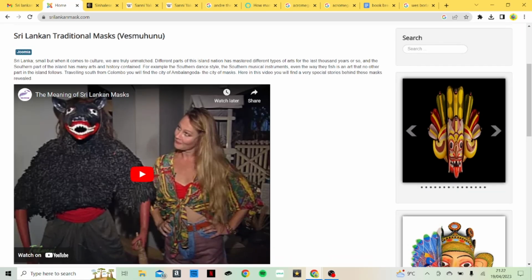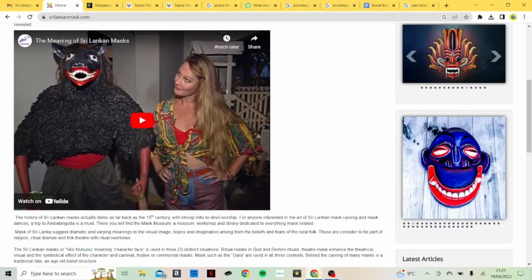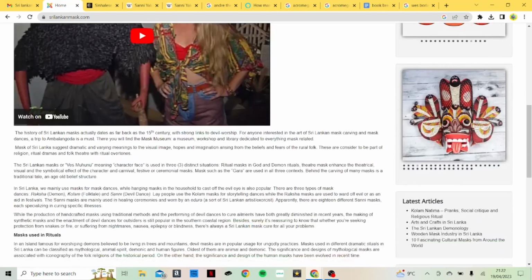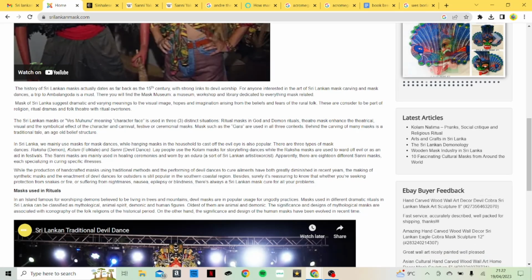So we go down here, it says there's a city of Ambalangoda. Am I pronouncing that right? Ambalangoda, the city of masks. And here you'll find a very special stories behind these masks revealed. And there's this awful video here, which I'm not going to play, but this hostess is just awful. I don't think she really wanted to be there. But anyway, reading on. The history of Sri Lankan masks actually dates as far back as the 15th century with strong links to devil